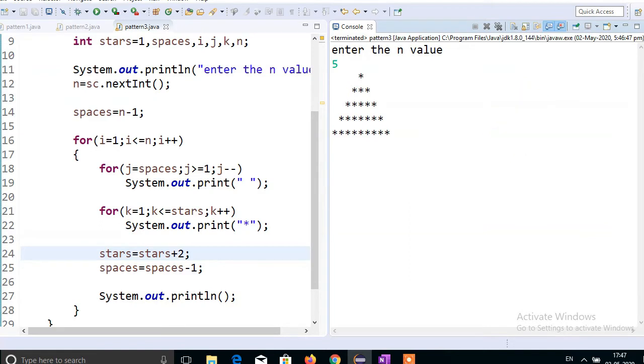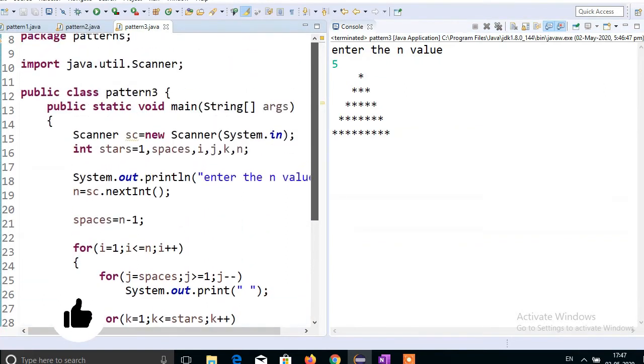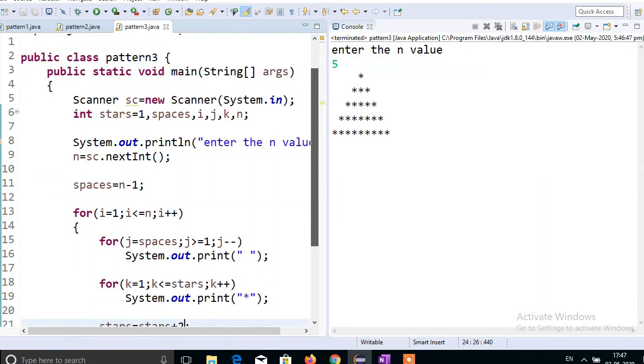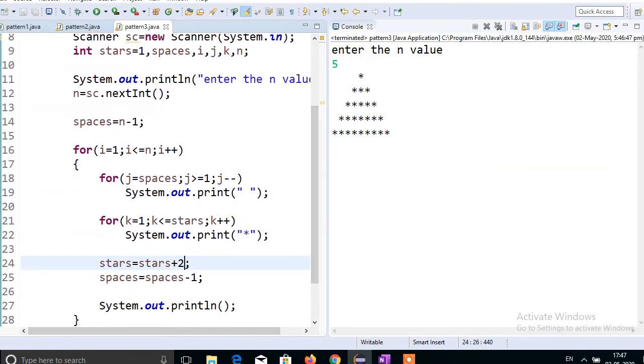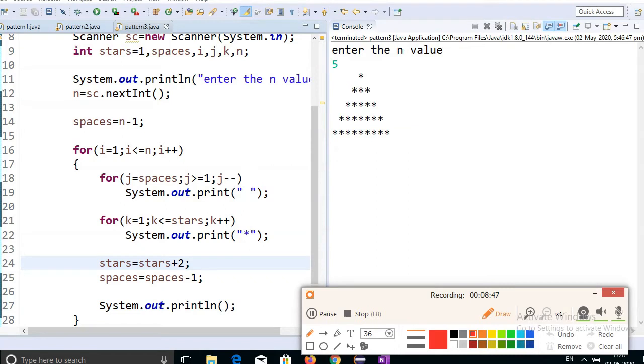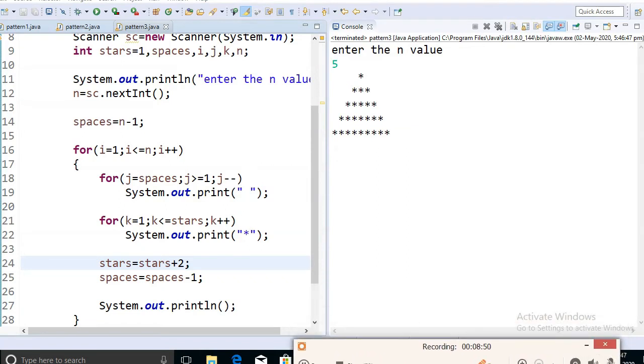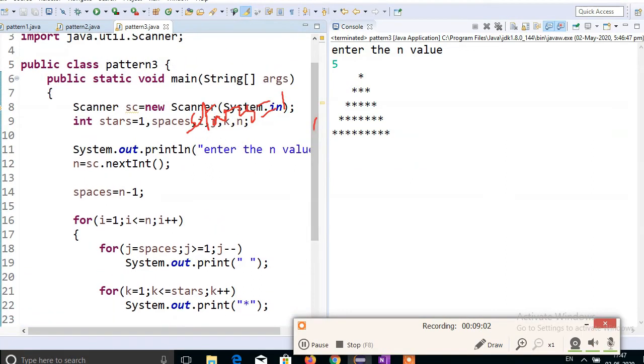So just one change I have made here. What is that now? Each and every row is incremented by 2 stars. That means here the stars variable, stars equal to 1, I have given here in this position.